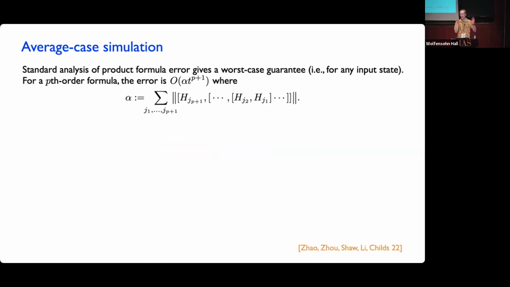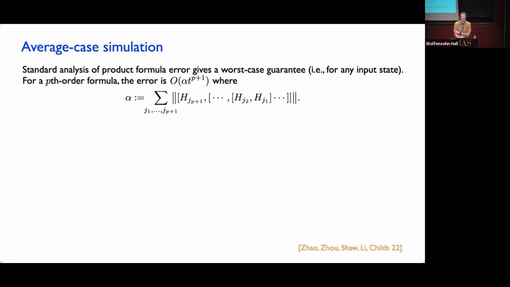Right, so we had a worst case guarantee, and under this worst case guarantee, using this theory of Trotter error, this way of analyzing the error using local error analysis in order to get a bound on the error that depends on commutators of terms of the Hamiltonian, we had a bound that looked like this, right? So it said if we want to evolve for time t, we could give a simulation that had an error that scaled like t to the p plus 1 if we're using a pth order product formula approximation. And the coefficient of the error is this thing alpha that depends on these nested commutators of terms of the